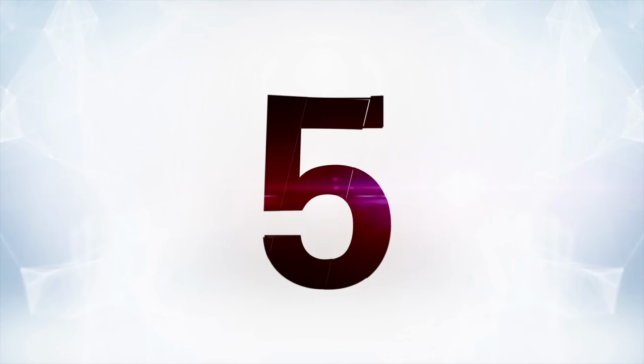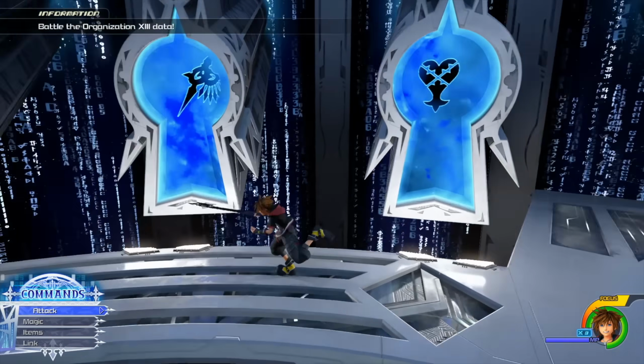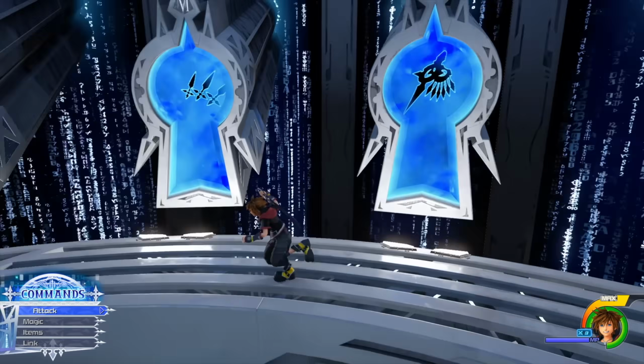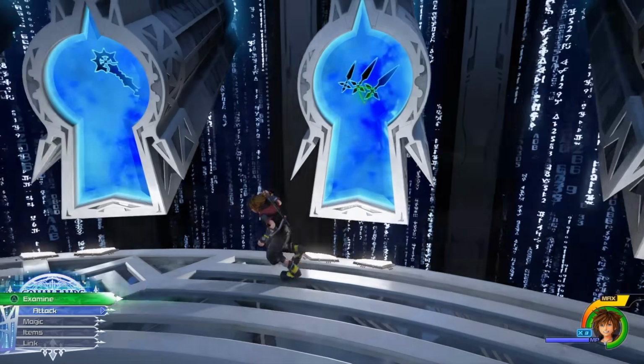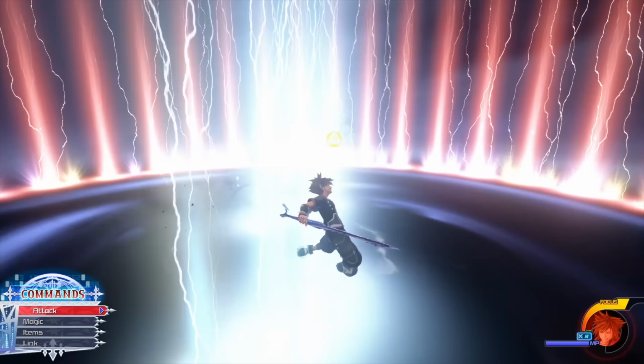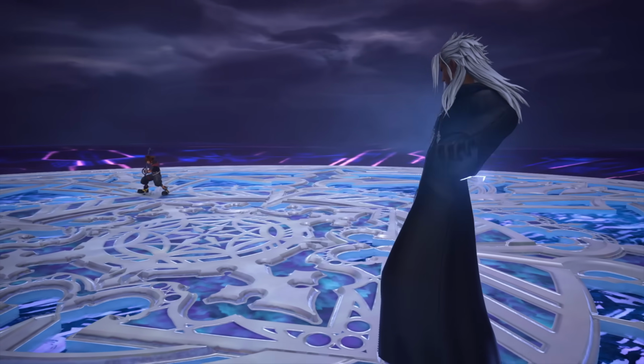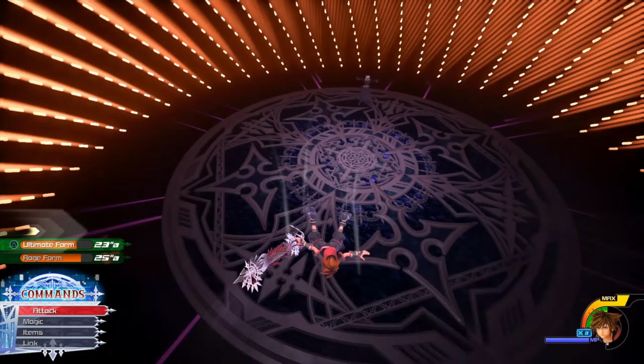At number 5, the Data Xemnas from Kingdom Hearts 3 Re Mind. All the Data bosses you take on in the Kingdom Hearts 3 DLC are pretty nuts. Every last one of them seems to pull out some totally nutso attack. It's very dangerous. So while you might not agree with this one, it's probably my personal favorite as far as over-the-top attacks go. I'm talking about the laser orb attack from the Data Xemnas, where he literally surrounds the arena